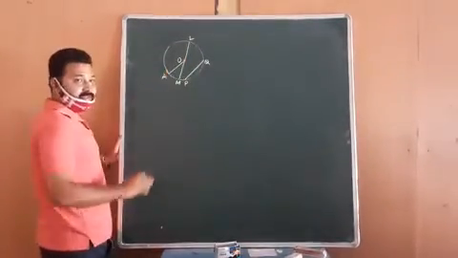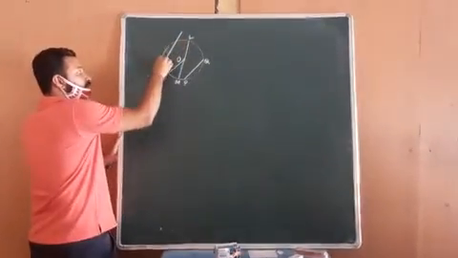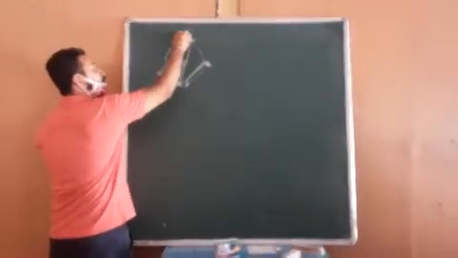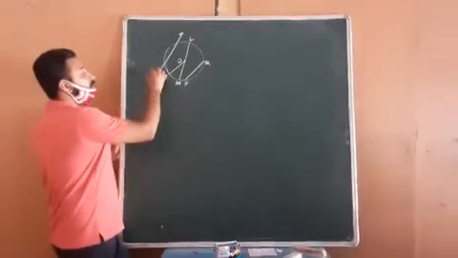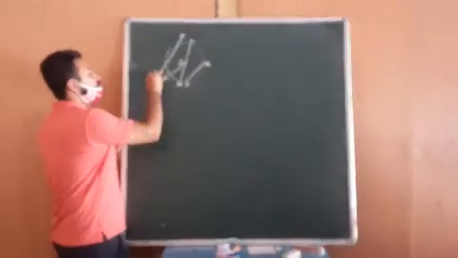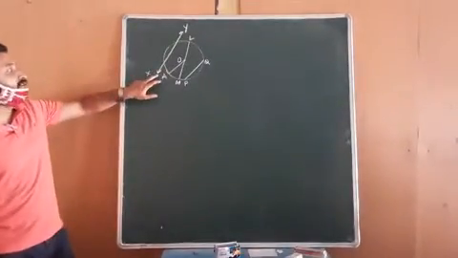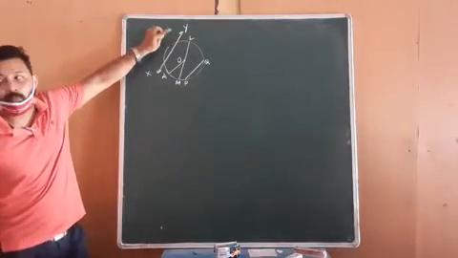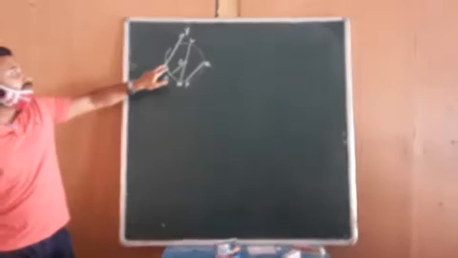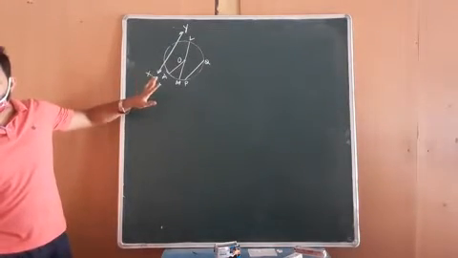These are line segments. If we talk about a line, this is the line, say X and Y. So this line XY intersects the circle in two distinct points. So this line can be called the secant of the circle.